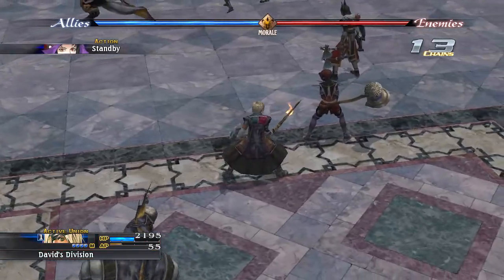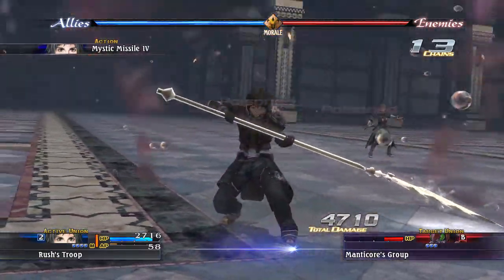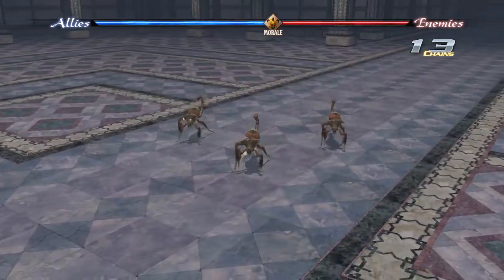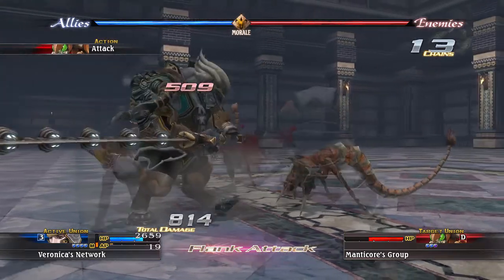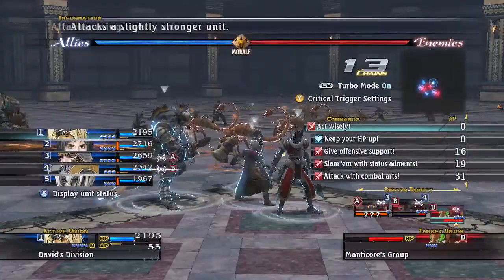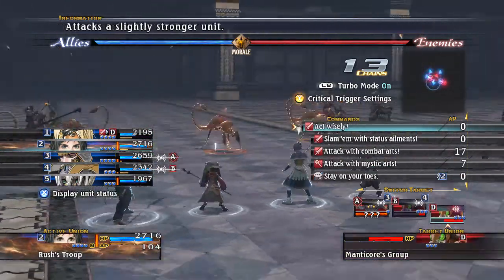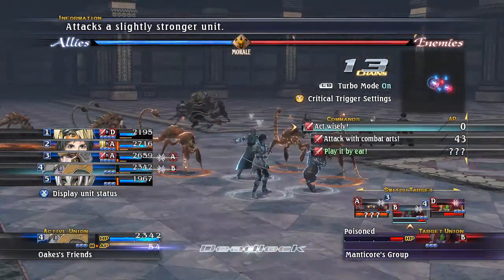Really? That's all the heals you guys got? Huh. Thought they had Revitalize or something in that party as well. Oh, that's why I learned Mystic Missile. He's using Mystic Missile. Fair enough, I guess. Rush is the only character in the game that can do everything. Quite literally. You want to Omni Strike, so go for